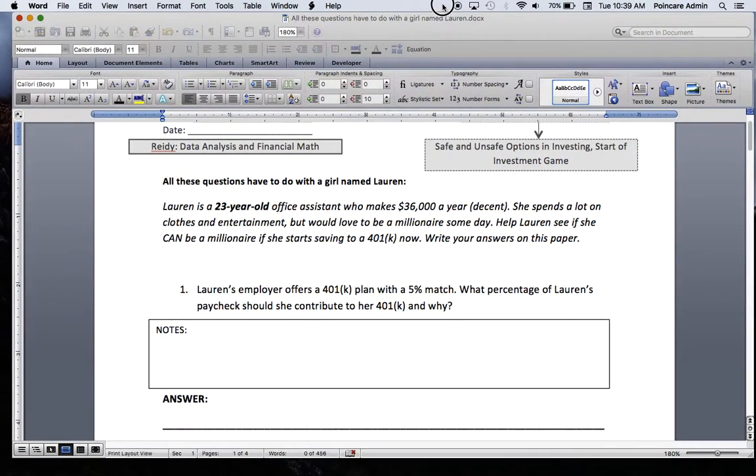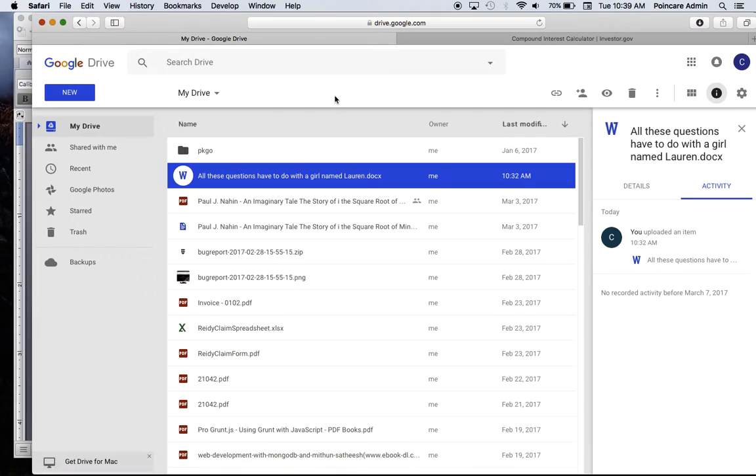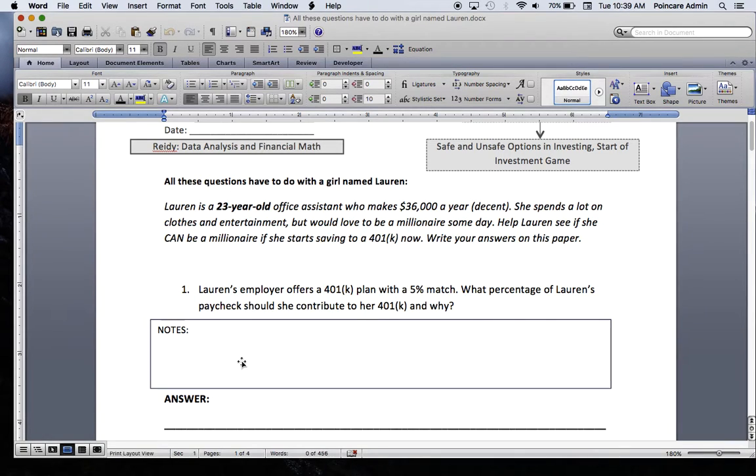You how to finish this assignment here, okay? And so we've been doing this for a while, and I'm gonna go step by step, okay? Every question. So first, I'm gonna put it right here in the note box, okay? So all we're gonna do here is pick a percent of her paycheck, and I'm going to choose